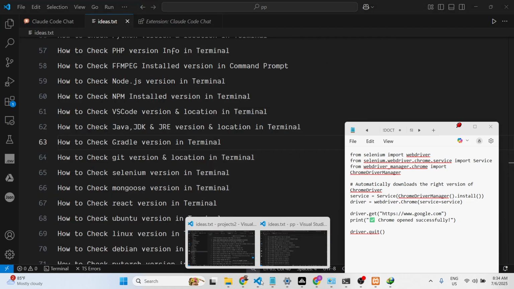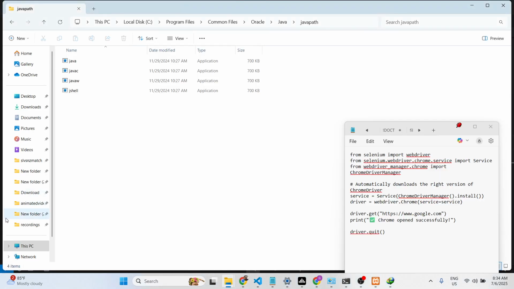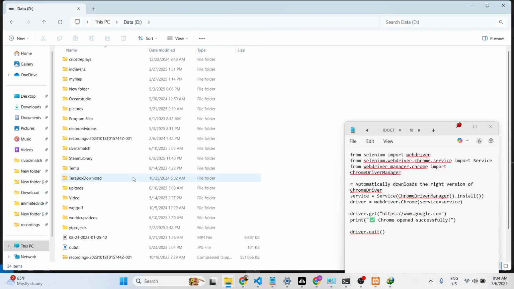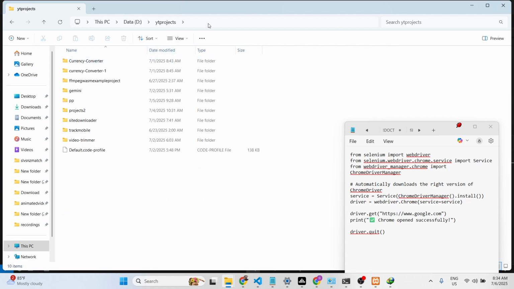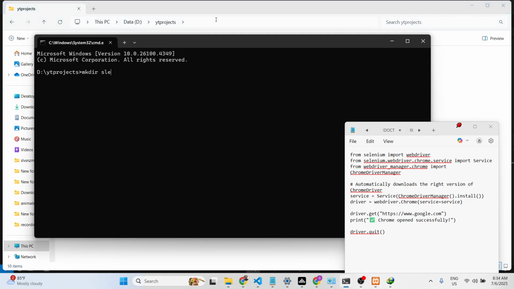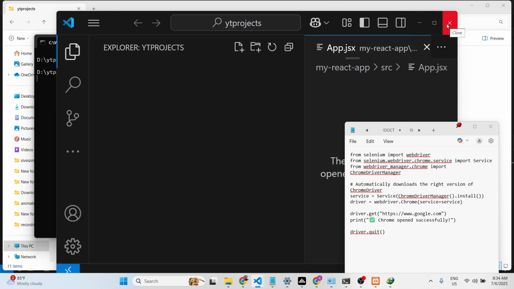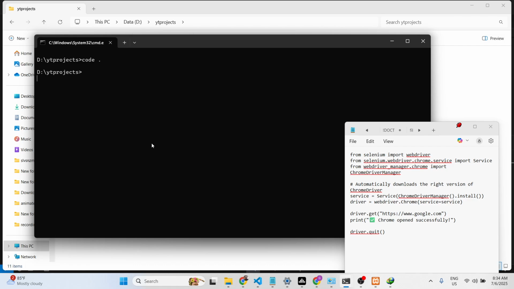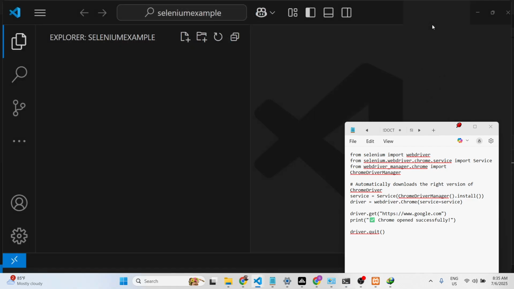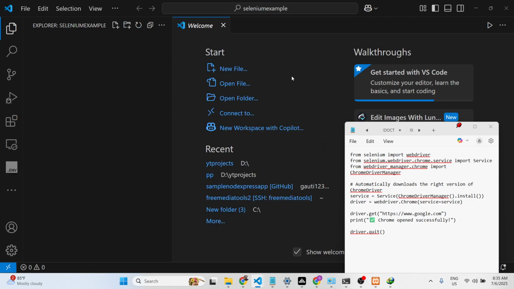So I will simply create a simple Python script which will automatically download Selenium, install it, and also run a simple example. So let me just create a simple folder, and let me just name it as Selenium example. And I just open it inside my VS Code. I first of all cd into this. So first of all, you should have Python installed on your system, and